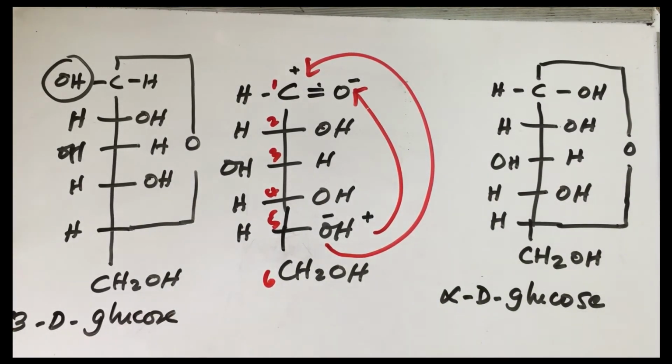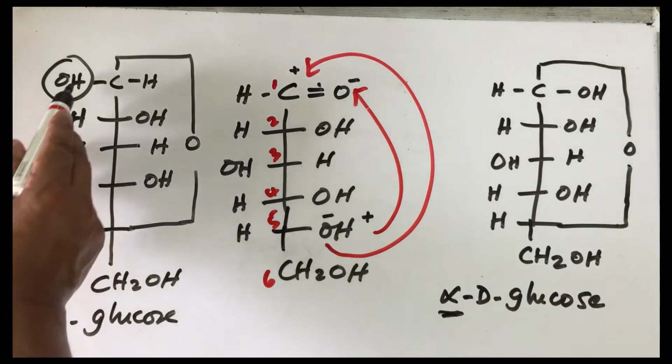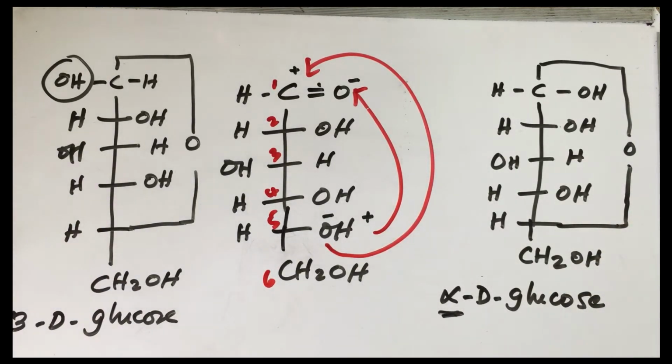So you see that there are two types of conformations. One is an alpha conformation because the OH is on the right hand side. Then there is a beta conformation because the OH is on the left hand side. These are the two conformations that are possible in the case of glucose. Now what is important is we need to learn how to write a ring structure. Because of this internal arrangement, this molecule can exist in a ring structure. We will draw this in the middle.